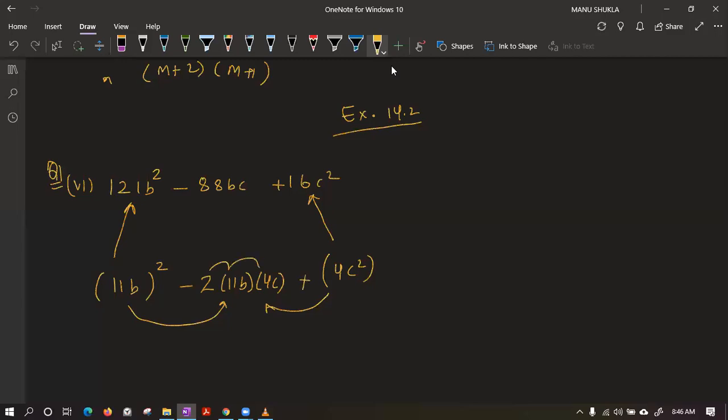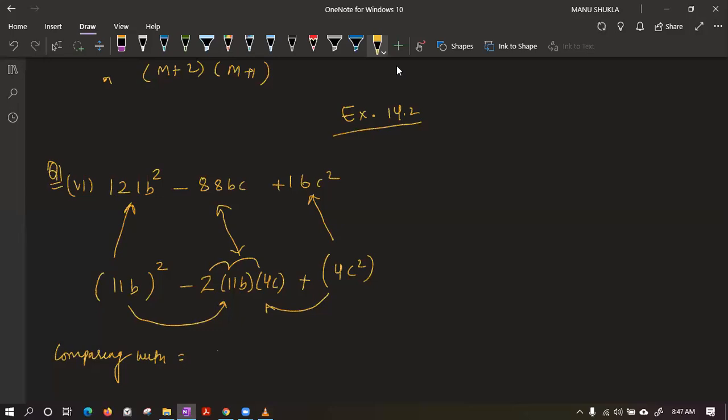I have to check what is the answer of these three product. Class, is it the same as our middle term? Yes, it is the same. 2 11s are 22, 22 4s are 88. So we have verified that it is equal to the middle term. So we can say it is comparable to, comparing with